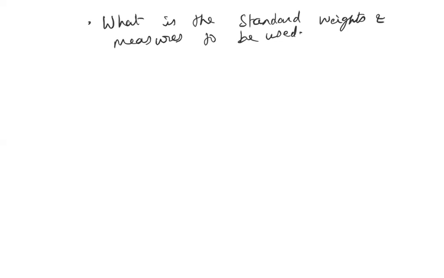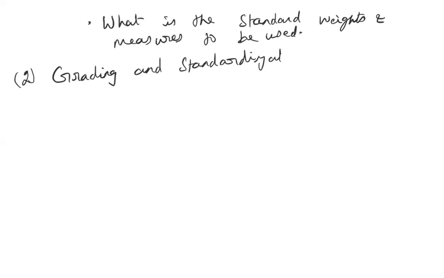And then the second step taken by the government is grading and standardization. In order to avoid the mix-up of products of superior quality as well as inferior quality, the government has enabled the farmers to grade and standardize their product. So here also the government has passed an act known as the